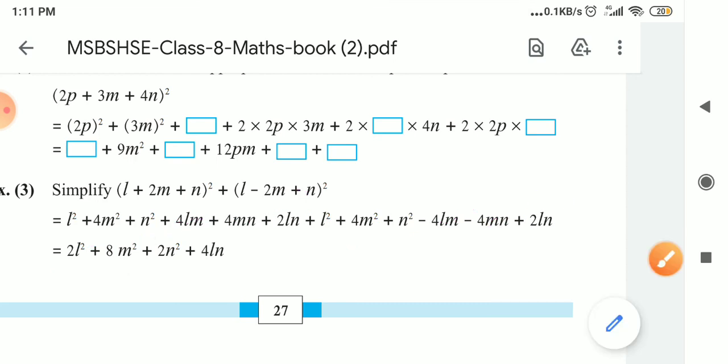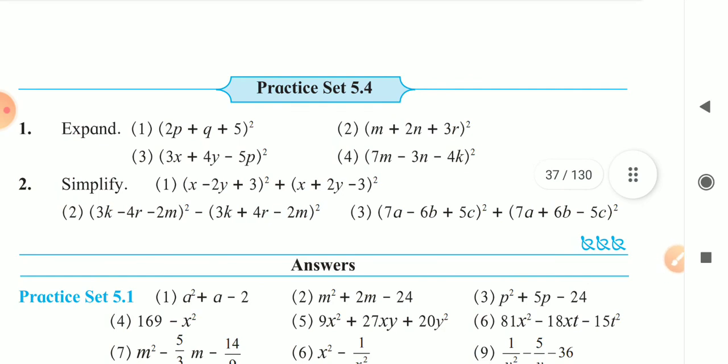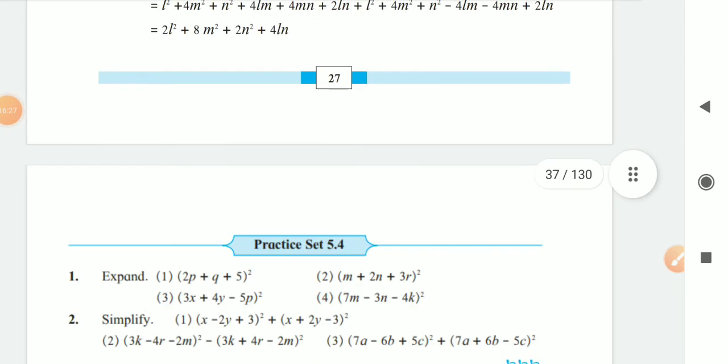This is the simplification. Okay, now your homework is that you have to solve exercise 5.4, and today we have finished this lesson. So all of you complete this. Tomorrow we will start the next lesson, that is the fourth lesson which was left,